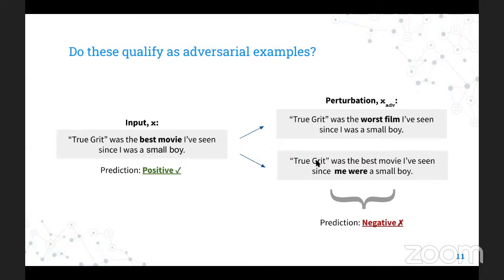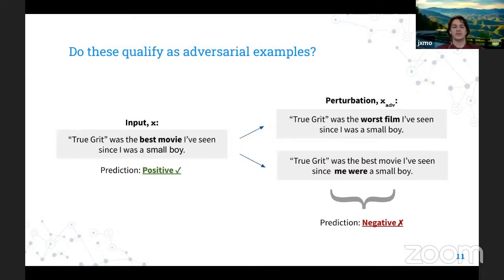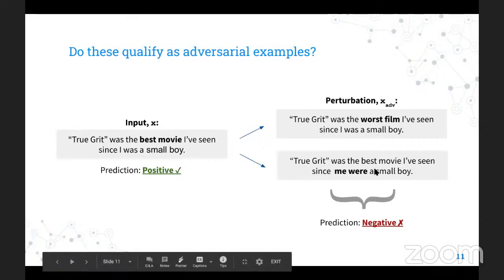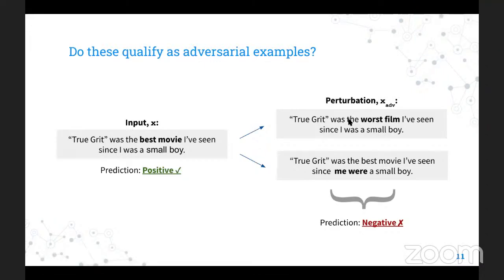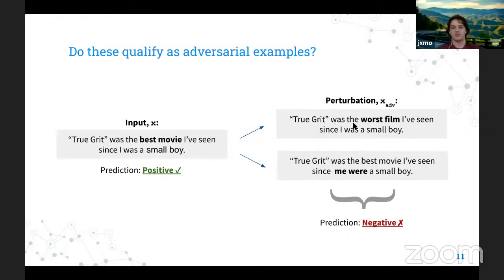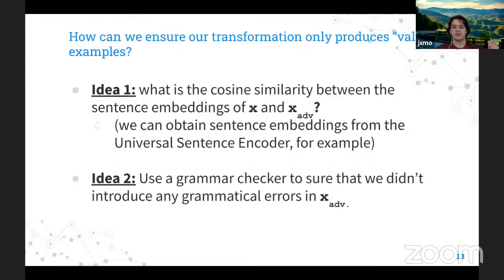So after we do that transformation step, it's useful to have some kind of sanity checks on the adversarial examples that confirm whether or not they're valid, like whether we would consider them fooling the model. Because I think within most general use cases, neither of these would be really useful to anyone. This one is just not a sentence that most people would ever produce. And this one actually changed the label from positive to negative. So worst film is correctly classified as negative. So the question becomes like, what can we do to ensure that the transformations that we consider are actually valid adversarial examples? And that brings us to this idea of